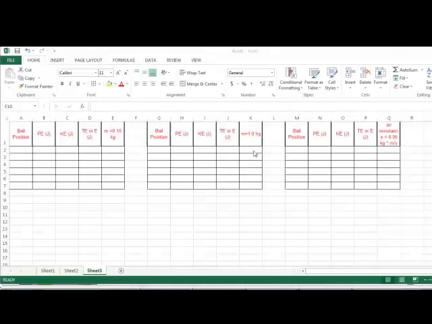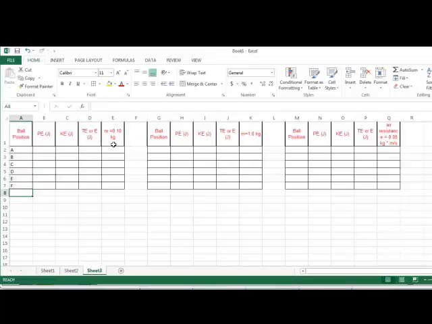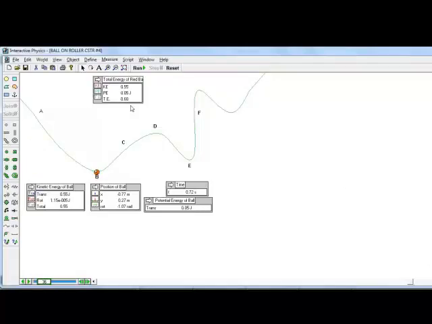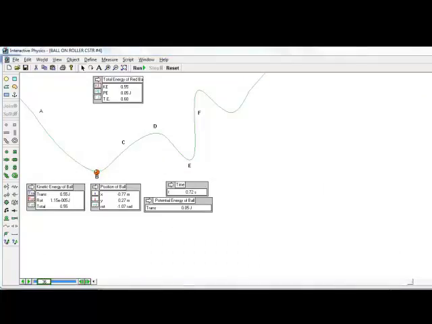So then you would go over to the data table. Notice I changed it around a little bit here, and you can get the different balls positions, and you can literally just call them A, B, C, D, E, and F. It's just the points. And then fill the different energies. And what you're looking to see, as almost a kind of check, is the total energy conserved or not? Okay. And notice this starts at a default value of 0.1 kilograms.